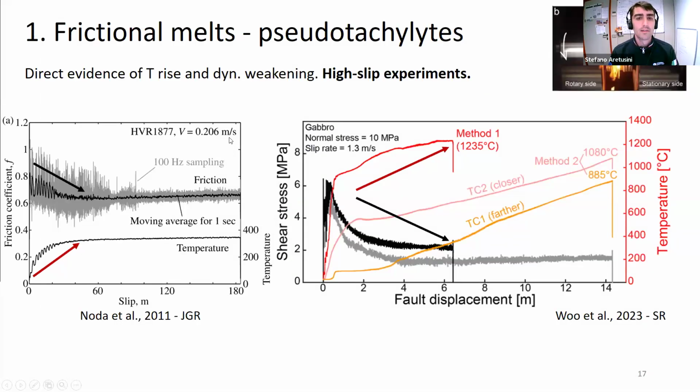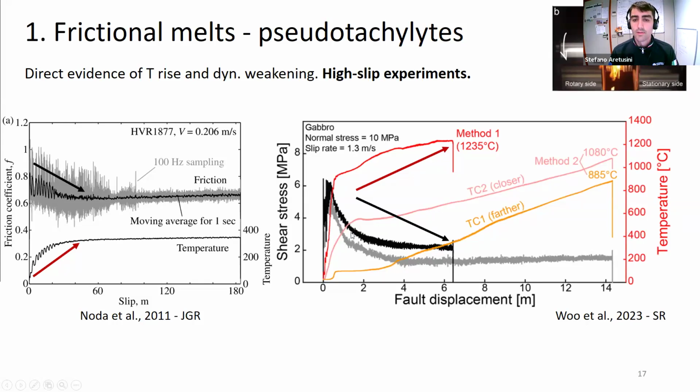But still we missed the evidence about temperature. So in recent work, there have been attempts at correlating the dynamic weakening with the temperature increase, with direct and continuous measurements of temperature, in this case from Noda with an infrared thermometer. We really could see how in gabbro rocks, the decrease of shear stress occurred with an increase of temperature, in this case in the order of 400 degrees Celsius. And in this other case from Wu, a very recent paper with thermocouples, they could see that